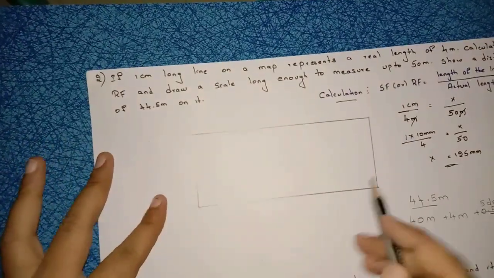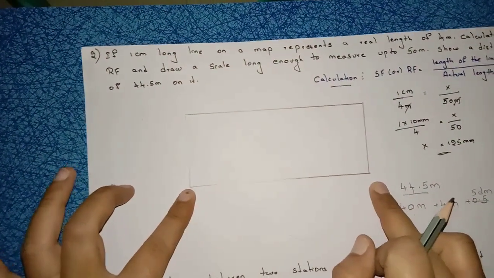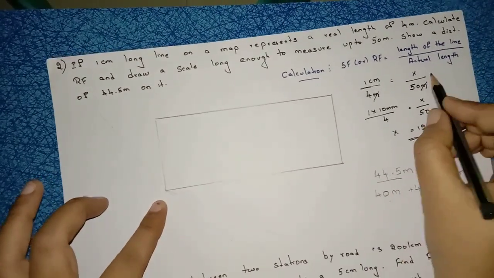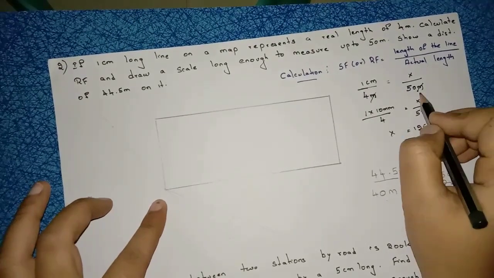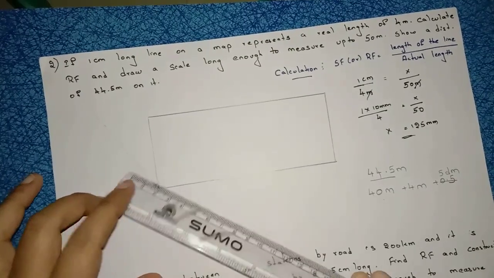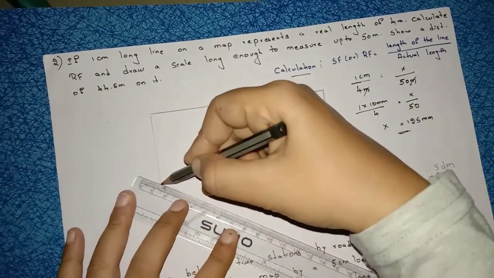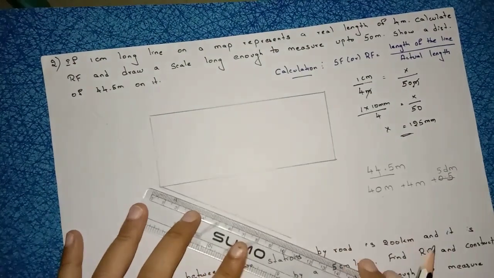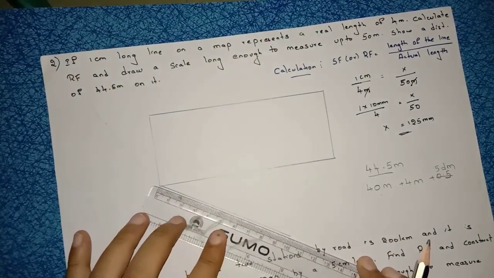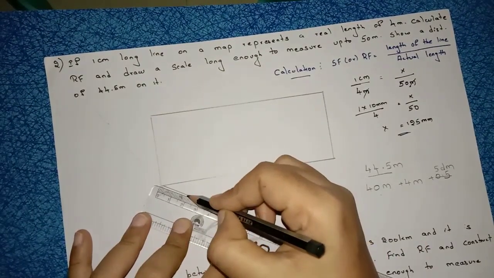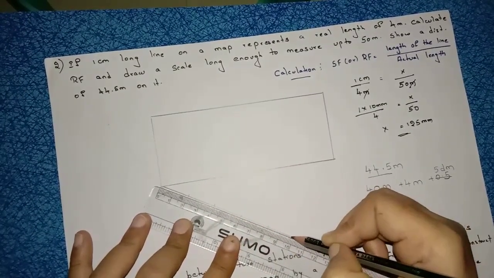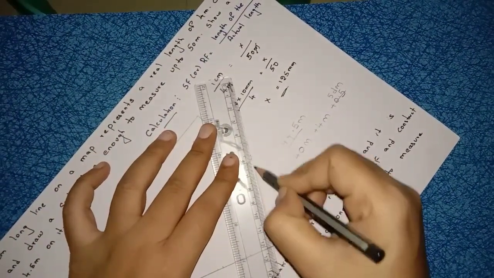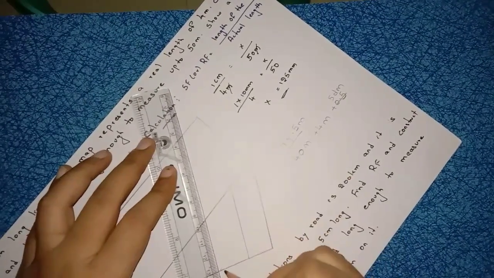Okay. Now you have to divide this line into a number of equal parts. How many equal parts? This number of equal parts depends on actual length. Actual length is how much here? 50 meters. So 50 means you have to divide into 5 equal parts by taking a 30 degrees angle. Take a 30 degrees angle, divide into 5 equal parts. Right? You have to divide with your compass. So 1, 2, 3, 4 and 5 equal parts. Now join this last arc to the end of the line. From every point draw the parallel lines.